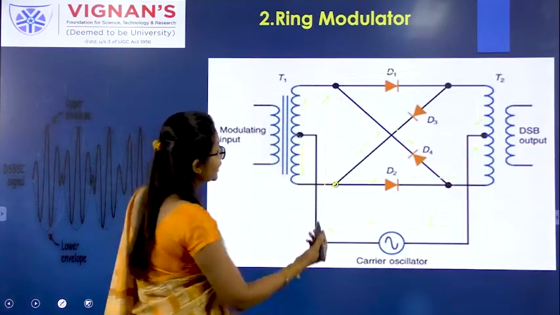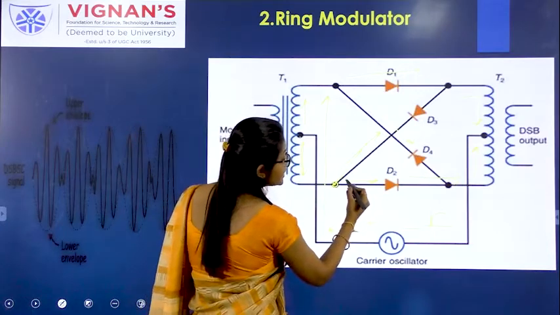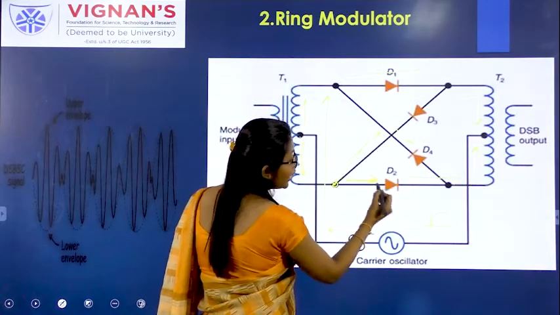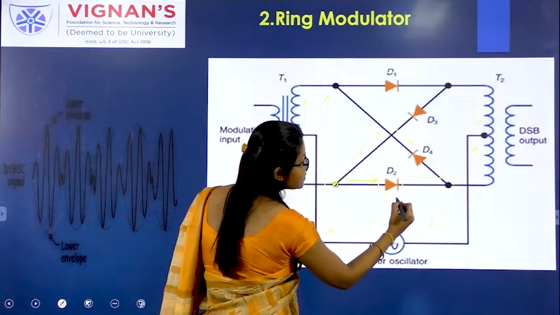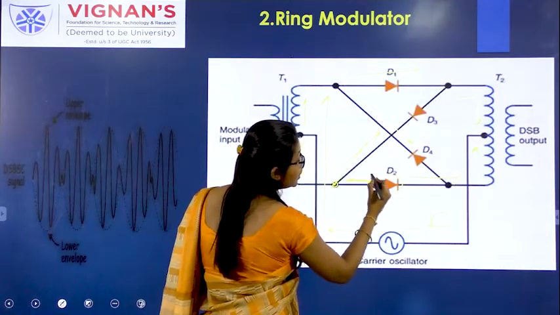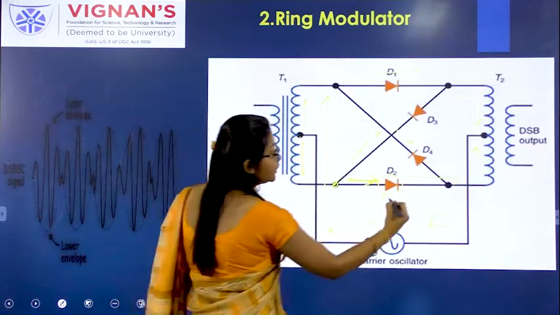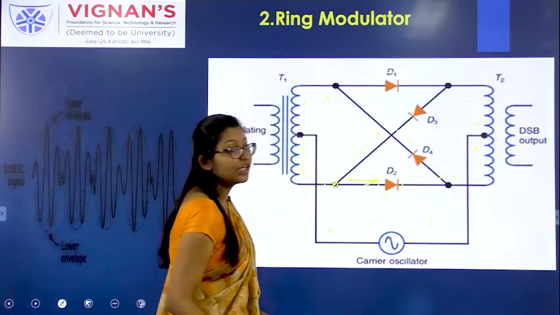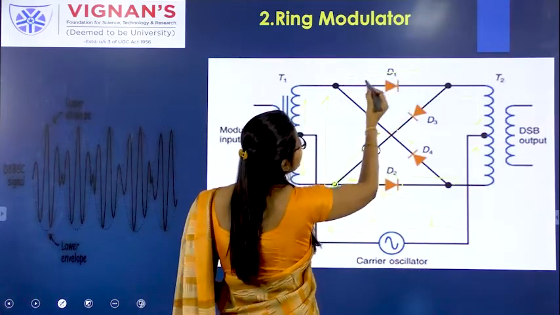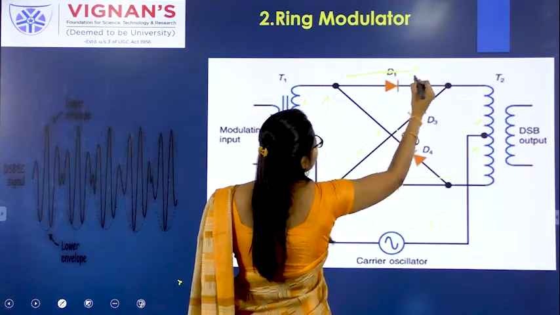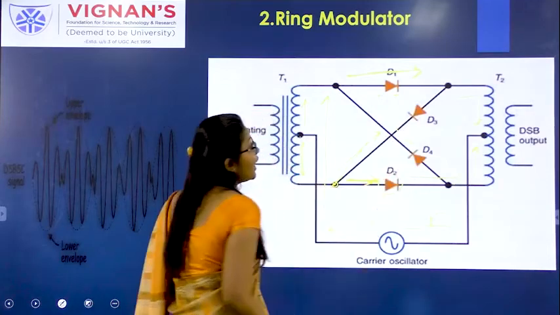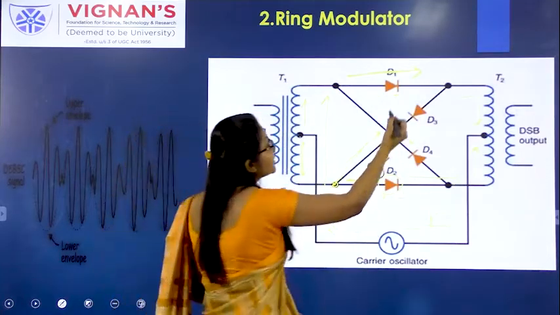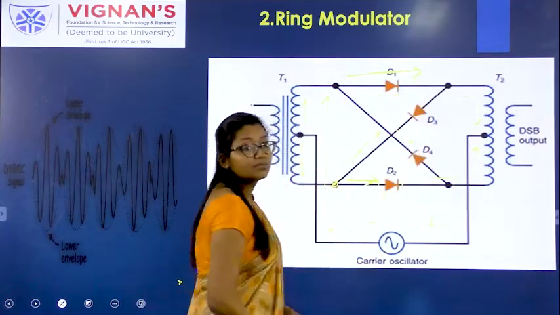So if you see here, this is the current flow, and the diode direction is also the same. The diode is plus minus, and the current flow is also plus minus. So this one will act as forward biased D2, and the same way D1: the current flow is positive negative, and the diode D1 also has positive negative. So this D1 also will be forward biased.